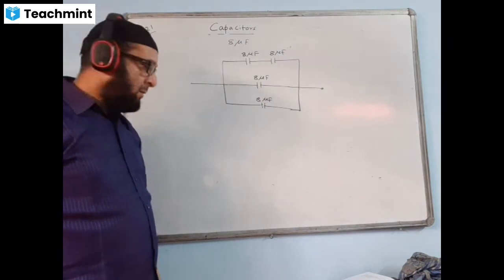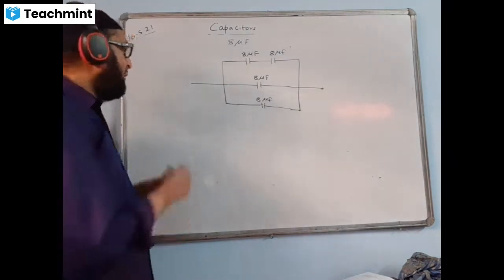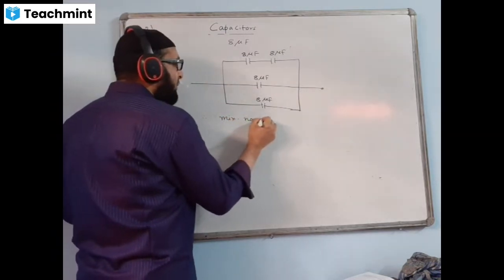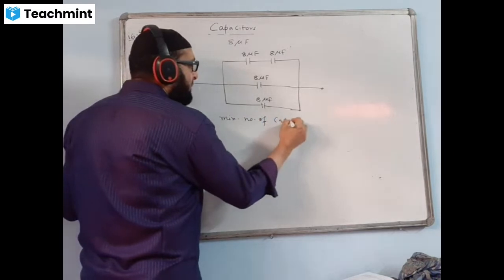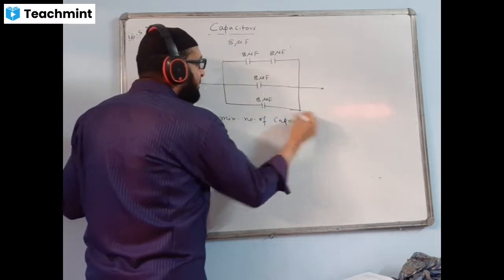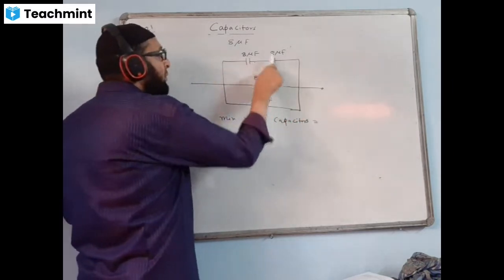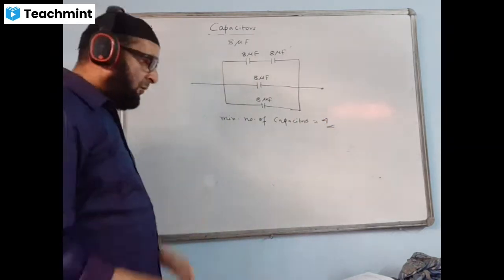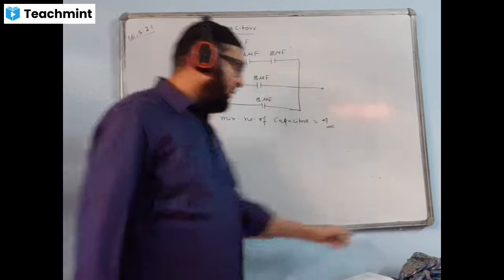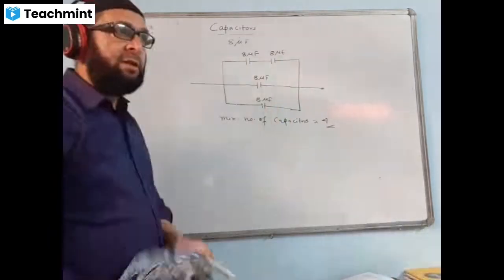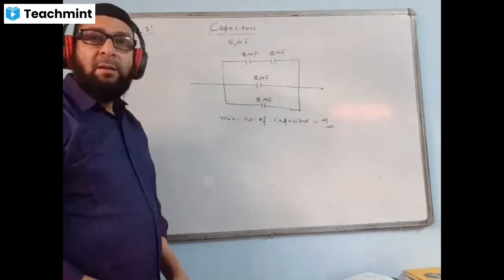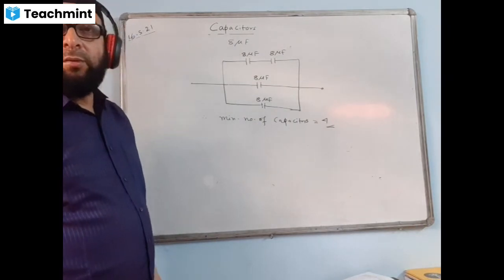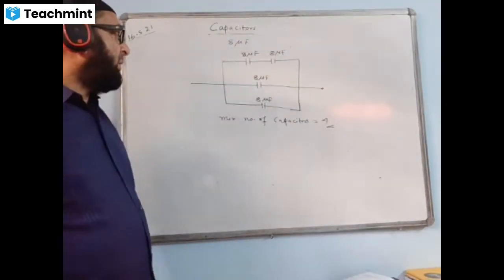So therefore, how many do you need now? Therefore, the minimum number of capacitors. How many capacitors are you using? 1, 2, 3, 4. So write that 4. Minimum number of capacitors is equal to 4. This much you will need, and this is all you have to connect. Then you will get the total value equal to 20. Okay. So this is done.